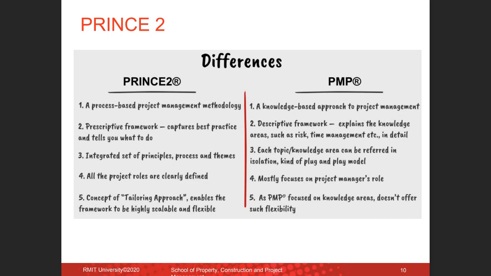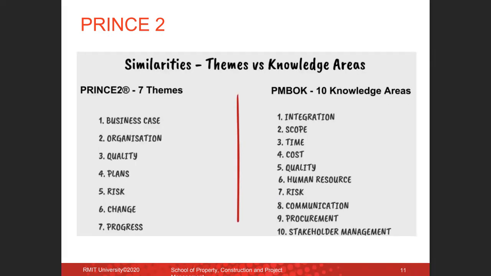So Prince2 is actually the concept of a tailored approach. So something of we have come up with a process, there is a clear framework, and people have to follow them to be able to manage the project. And PMBOK is we have these knowledge areas, you have to know them before you start managing your project. So it's less flexible. So now the 7 themes of Prince2 are actually quite similar to the 10 knowledge areas